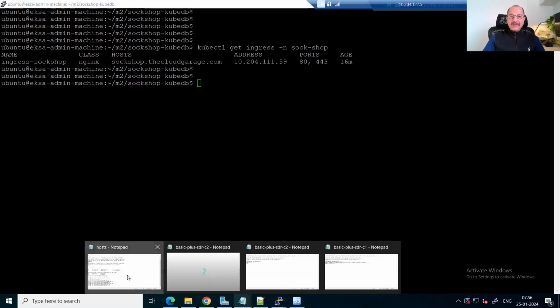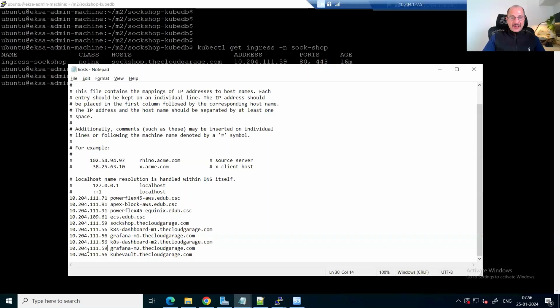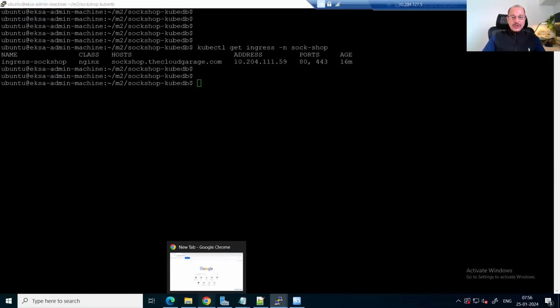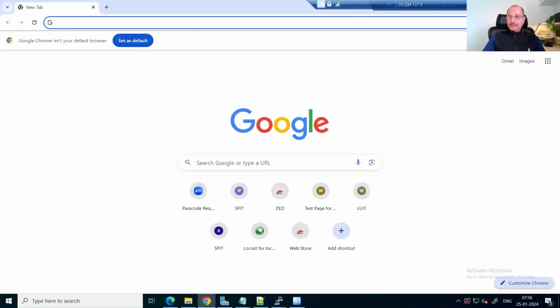For simplicity, I have kept the SockShop advertised through 59 as a host entry in my local host file. Else we can do it through either external DNS or any other entry, which means we should be able to go here